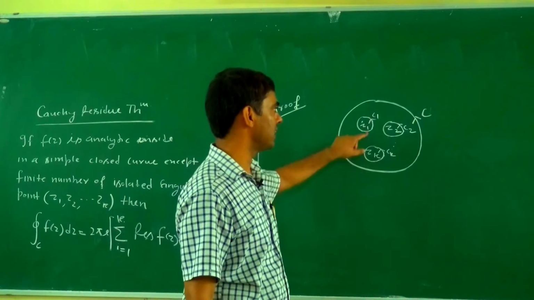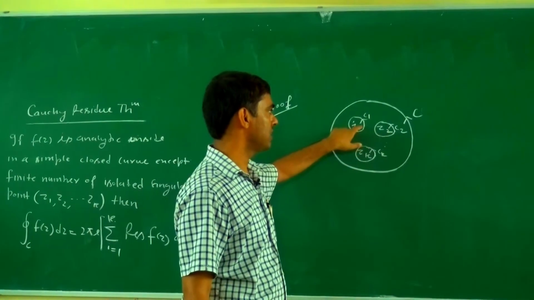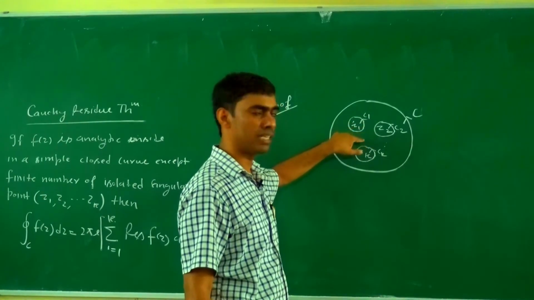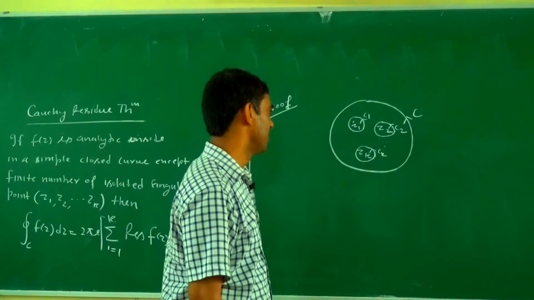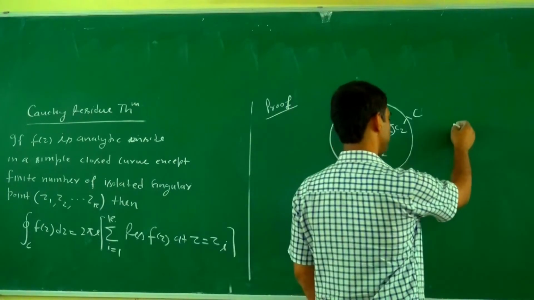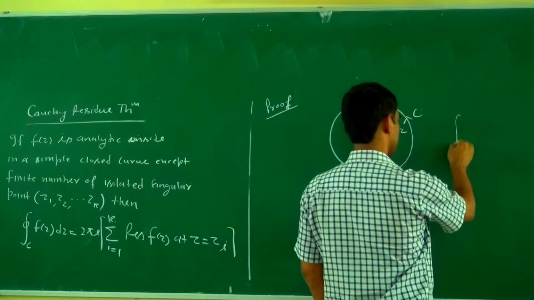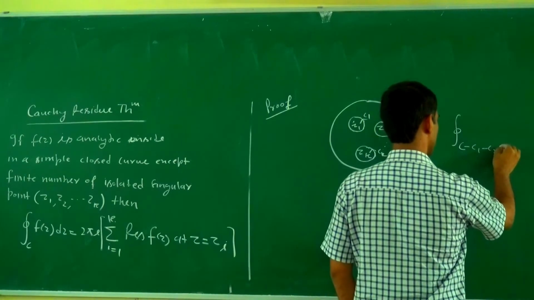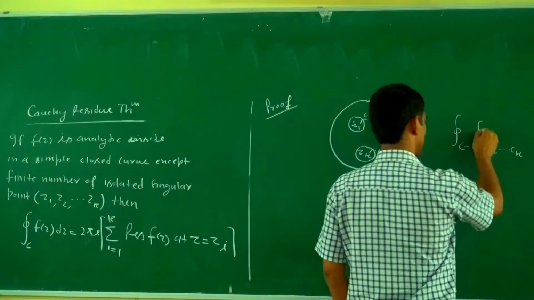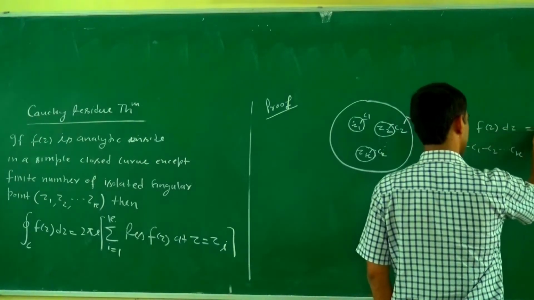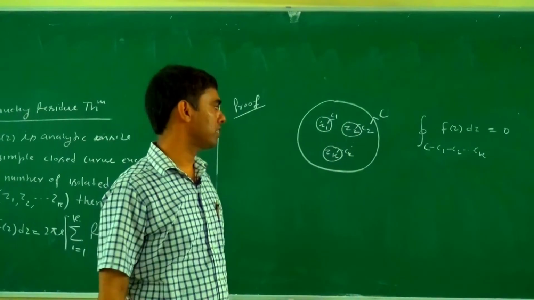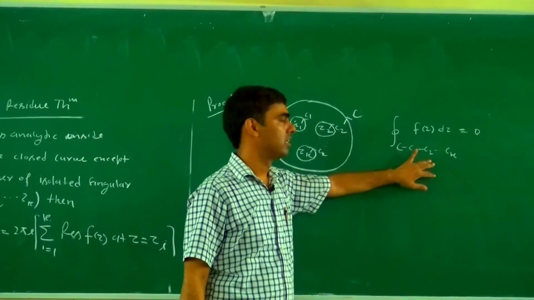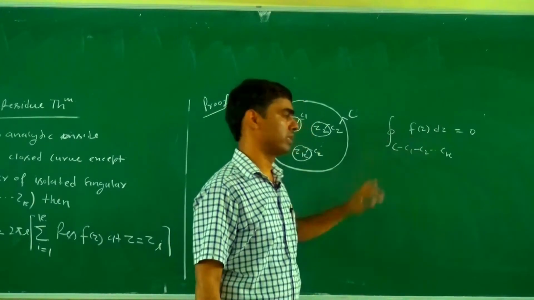Now f(z) is analytic inside the multiply connected region, which means we convert the multiply connected region into a simply connected region. So by the Cauchy integral theorem for the multiply connected domain, the integral over C minus C1 minus C2 up to minus Ck of f(z) dz, because the function is analytic, becomes a simply connected region with a simple closed curve.